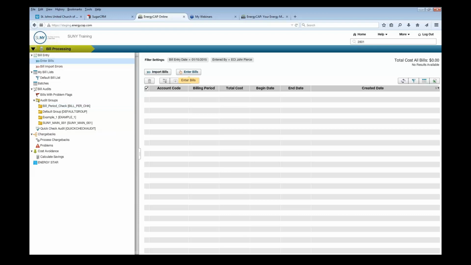If you're manually entering bills, then you would use the button here for enter bills with the hand associated with it, so you're hand keying bills. If you're importing information, you would use the import bills button here, and this steps you through a wizard to import information for it. The majority of you folks are doing manual entry, so I'll click on the